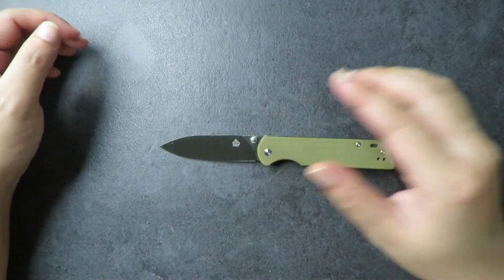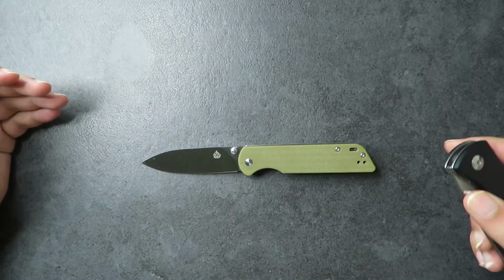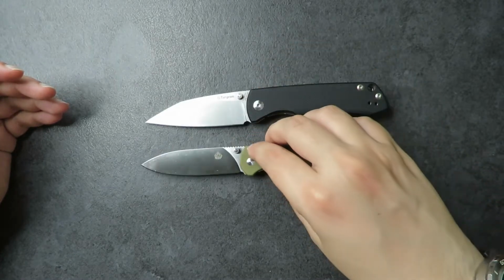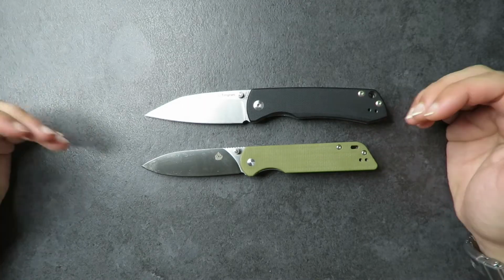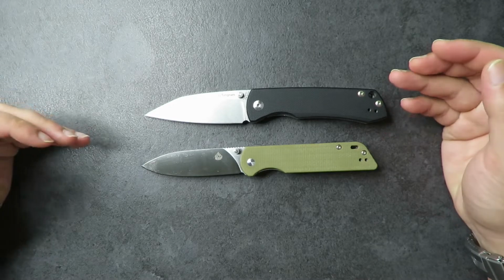Now D2 steel has a downside, which is it is not very stain resistant. This, on the other hand, is made of Japanese Aogami, whereas the Gonzo just now is made out of 440C. Now it's really up to you what your personal preference is. In my day-to-day life, I would prefer less edge retention and more stainlessness because of the hot, humid, tropical climate